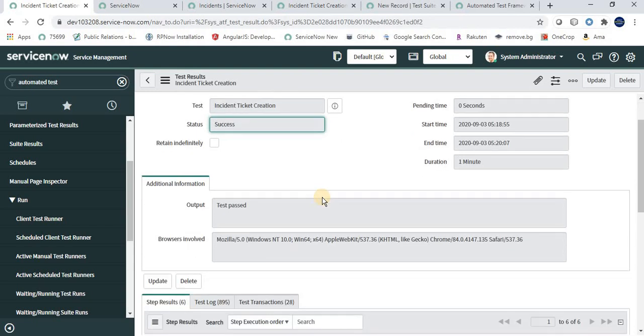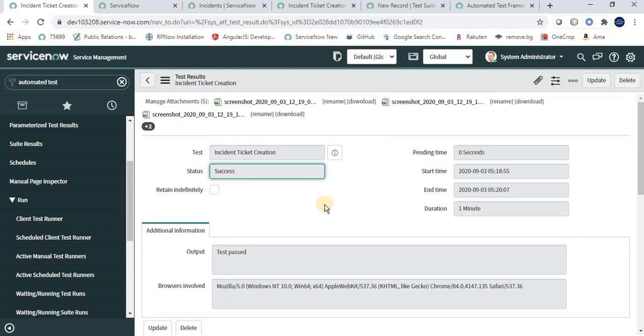you have the results along with all the information. Test status is success, duration is 1 minute. Within a minute you have created a ticket, validated the fields, and validated the values which you have given in the form. It took almost a minute only.